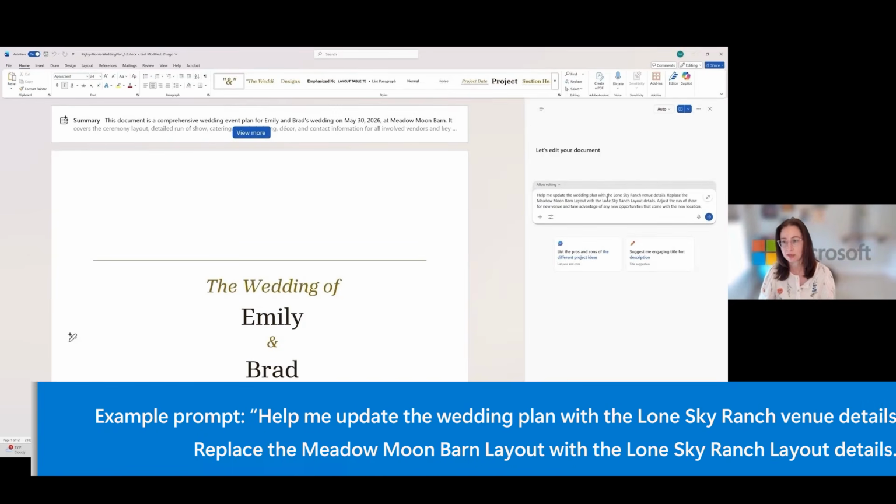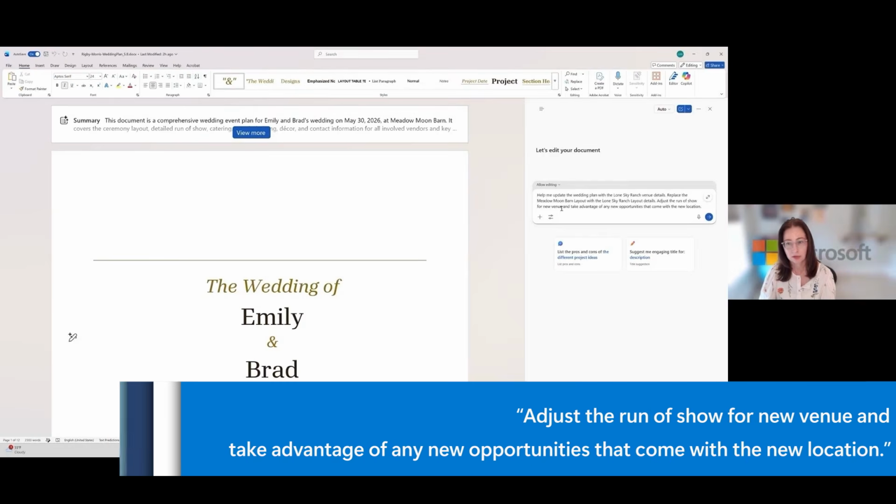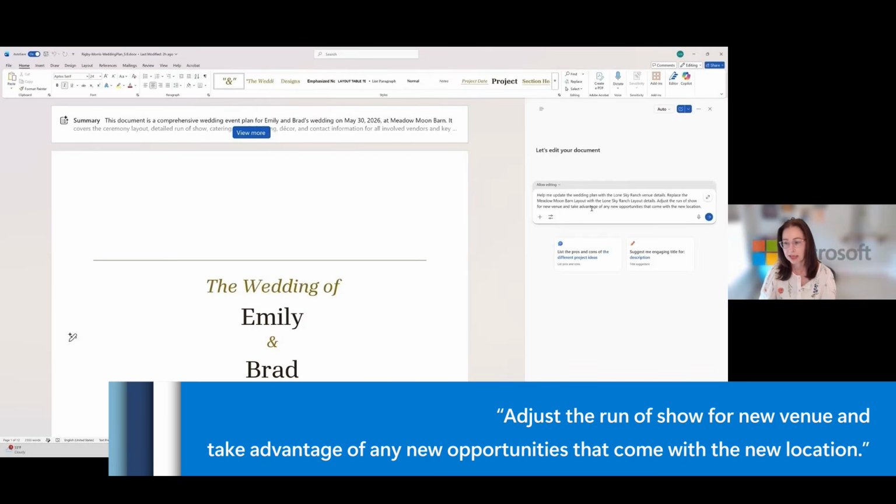Help me update the wedding plan with Lone Sky Ranch venue details. Replace the Meadow Moon Barn layout with the Lone Sky Ranch layout details. Adjust the run of show for the new venue, and take advantage of any new opportunities that come with this